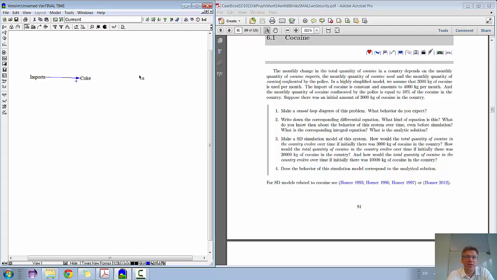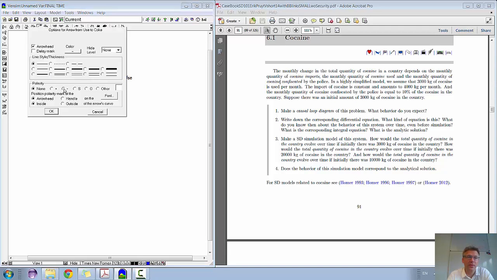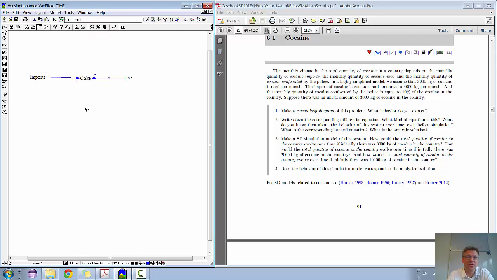On the other hand, we have use, so the larger the cocaine use is, the smaller the amount of coke in the country is going to be. And then apparently we also have busts, and the more coke there is in the country, since 10% is busted,